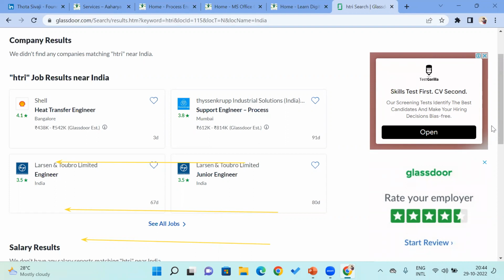Those are like a search. So this is nothing but keyword based search. This kind of search is called keyword based search. For example,